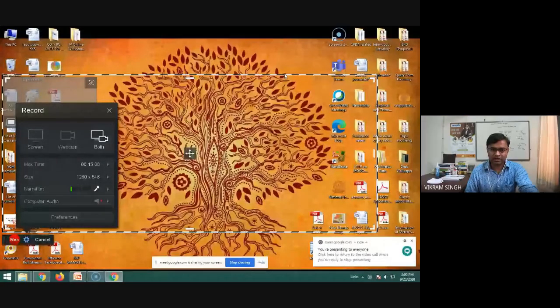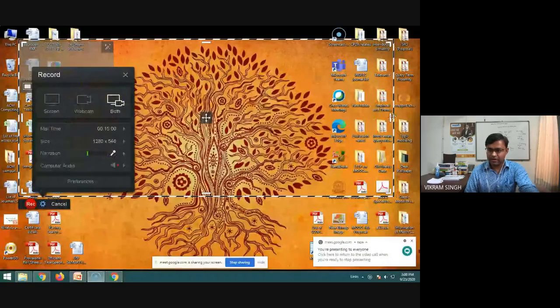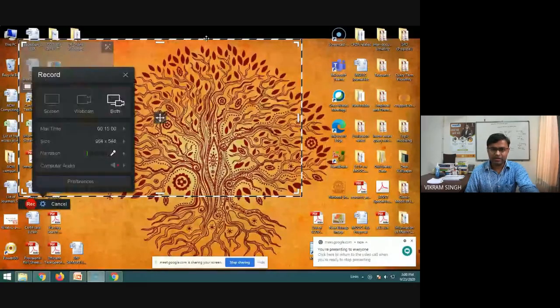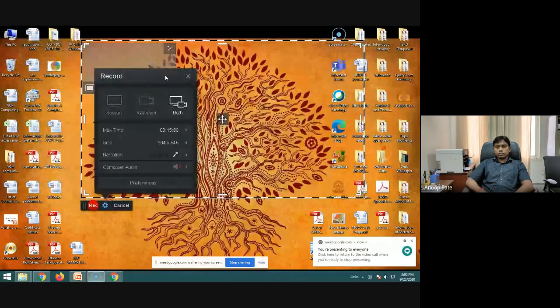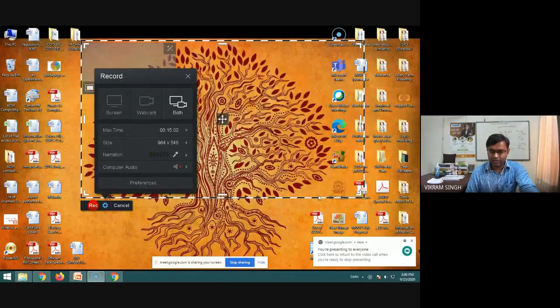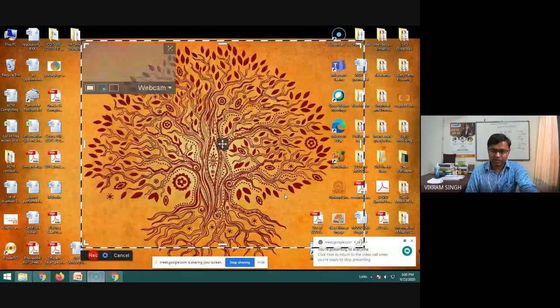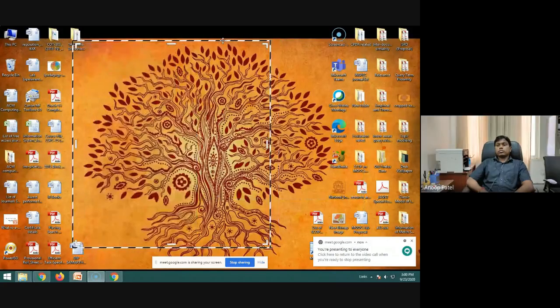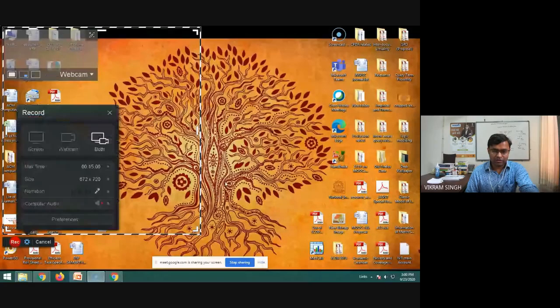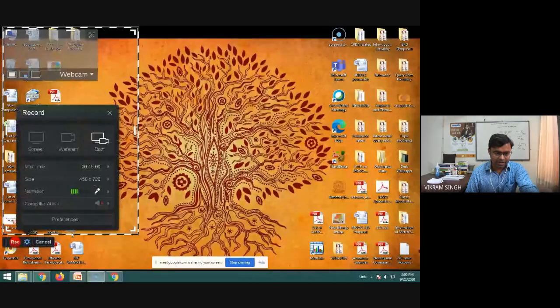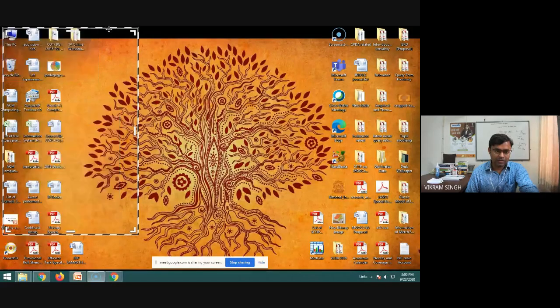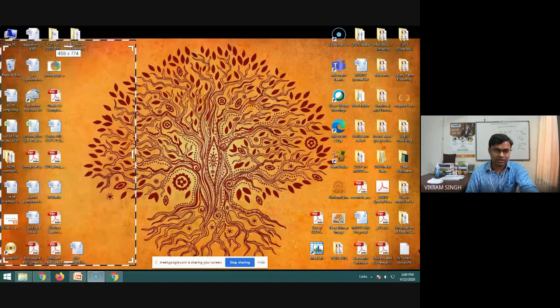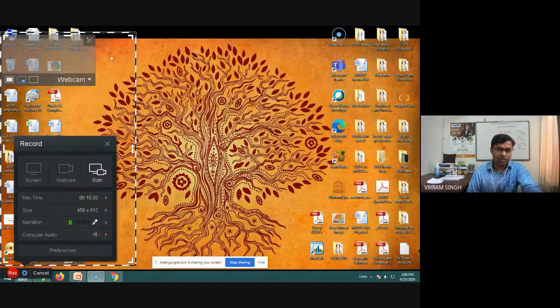So I hope this whole extension is visible to you, right? So this is the typical interface. Okay, so this is the typical area which will be captured, right? So as per our need, we can stretch it. Suppose we want to record only this portion of the desktop, we can simply drag and resize it, right? That's one typical setting we get. So let's place it here and stretch it. Whatever operation, whatever action we perform in this portion will be captured. That's the default part, right?